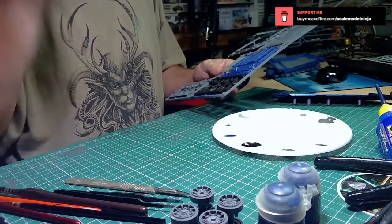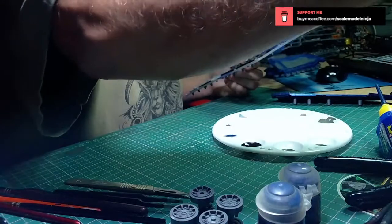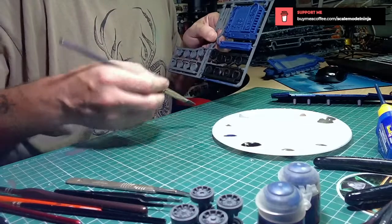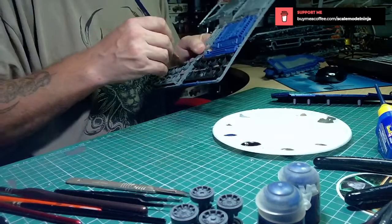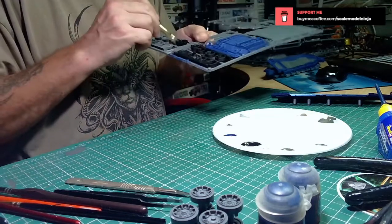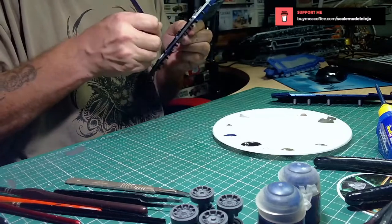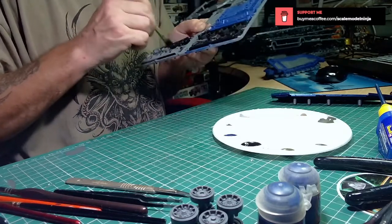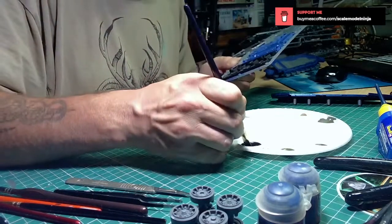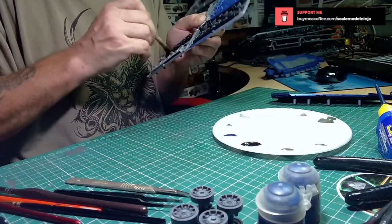So, just get these finished off in the black. Both black, so then I can go over with the metallic black. I used my own mixture of paint, what I do for my tank tracks,